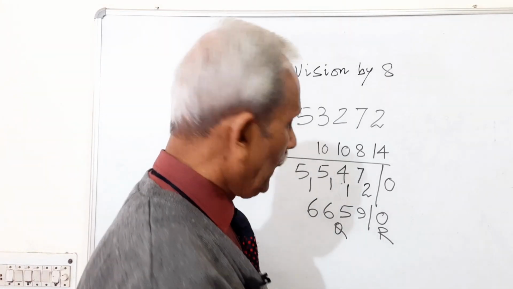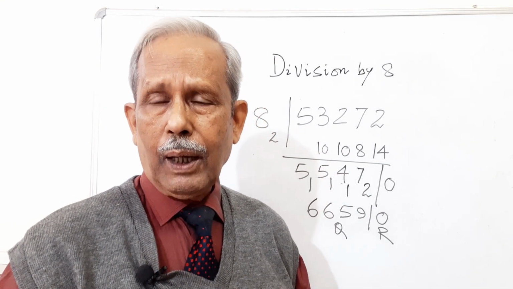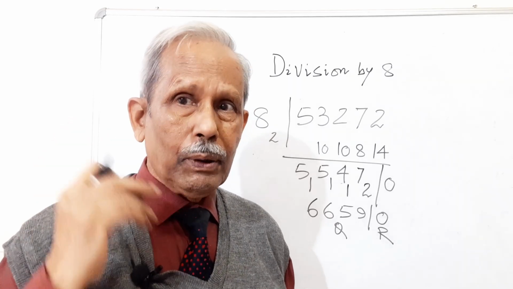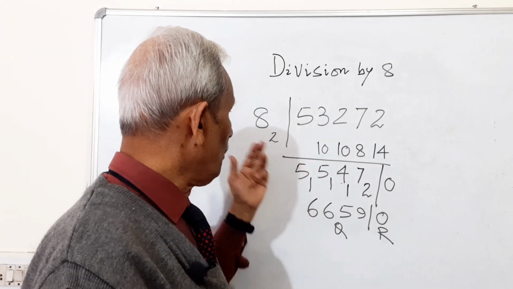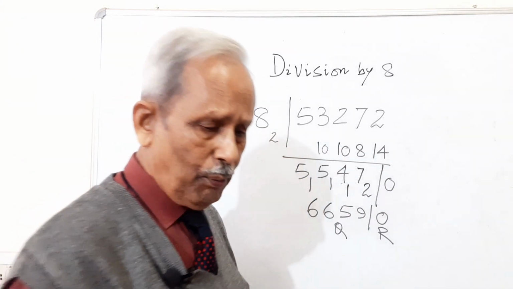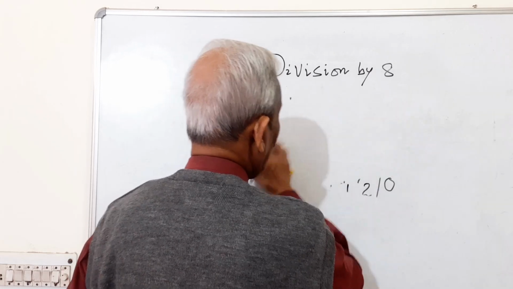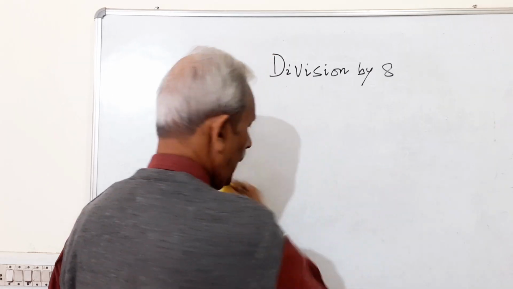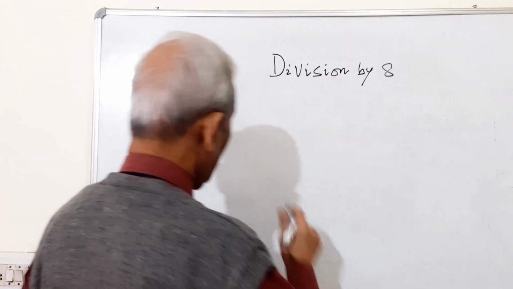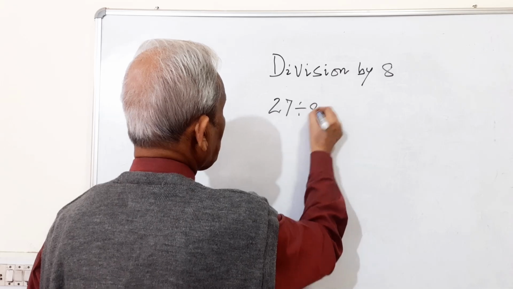Well, so I think now you have understood the problem, how to divide any number by the number 8, keeping in mind that the complement is 2 and multiplying that complement every time when you keep on doing the division process. Well, I'll give you some exercise to do so that you can practice it and become competent in doing this division easily. Well, the questions are 27 divided by 8,